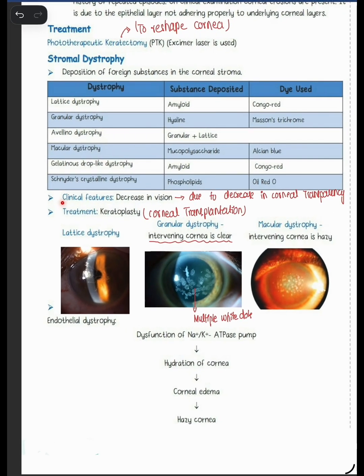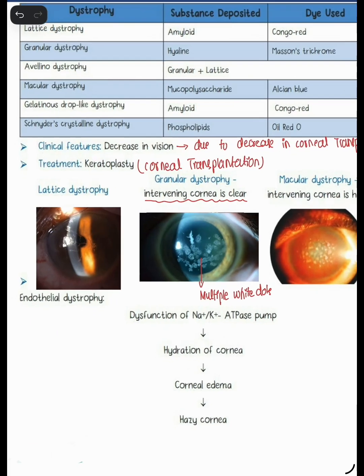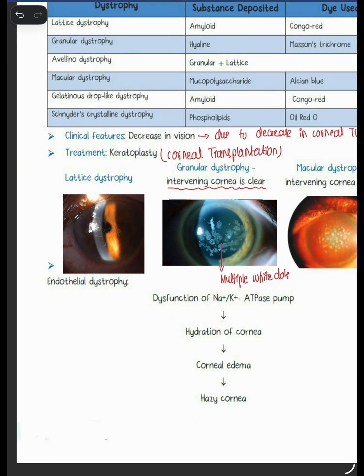Clinical features in the stromal dystrophy is the decrease in vision due to the decrease in corneal transparency, and the treatment is keratoplasty, corneal transplantation. Then we see the dystrophy at the endothelial level, in which there is dysfunction of the sodium potassium ATPase pump. The normal role of the sodium potassium ATPase pump is to pull out water, and it results in the dehydration of the cornea, but as there is dysfunction it will result in the hydration of the cornea, corneal edema